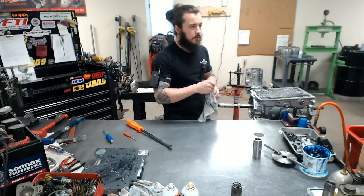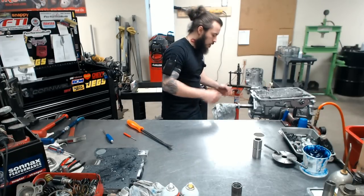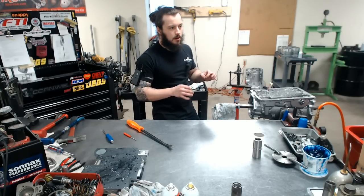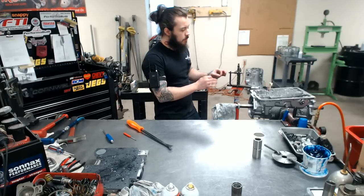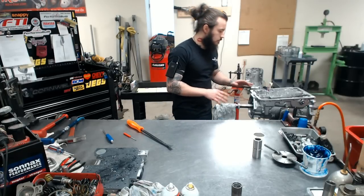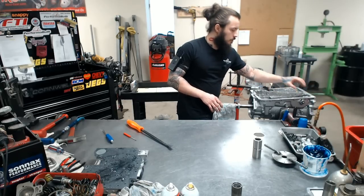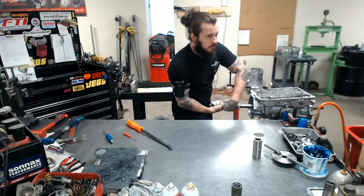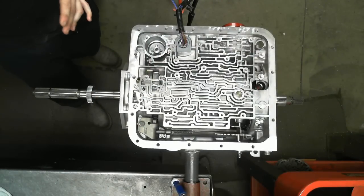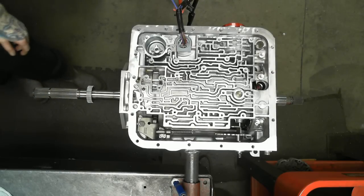Just a couple things I want to go over real quick. Some of the points I was talking about before, the band clearance, and just these little touches that make our unit so well made, it can withstand just about anything. It just comes down to little touchy things like clearances, what you're doing in here, how you did the hydraulic system. And I just want to show you that. See if I can get my hands out of the way fast enough. That is a beautiful band clearance. If you could see that,